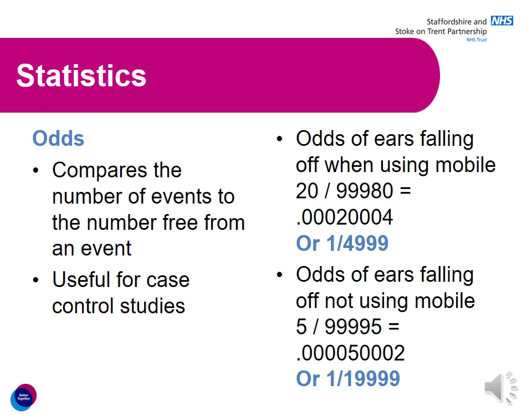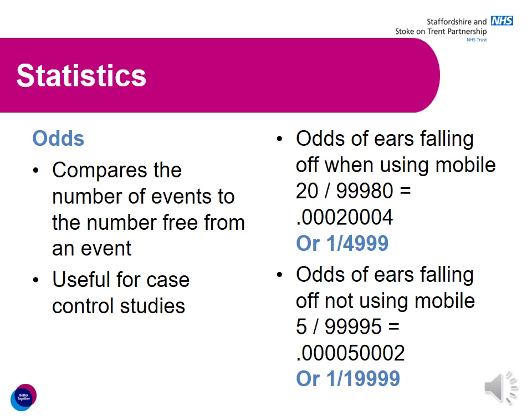Now, what's the thing with odds is they're calculated differently. So like a gambling term, and it talks about winners and losers. So it compares the number of events to the number free from the event. And the calculations give a similar result in many instances to that of the risk calculations that we've seen already. So the odds of your ears falling off when using a mobile phone is 1 out of 4,999. And the odds of the ears falling off when not using a mobile phone, again, winners and losers, is 1 out of